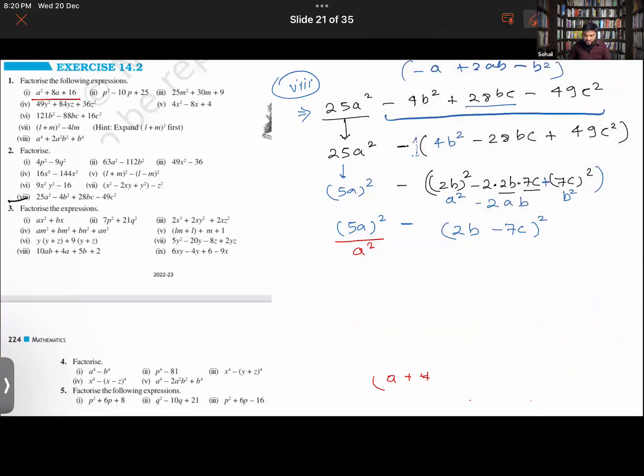Hope it makes sense to you guys. Okay, so now this whole term is a square and this whole term you will assume as b, so thereby it is b square. So now a square minus b square,